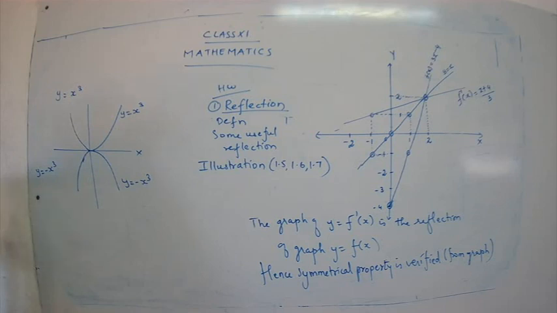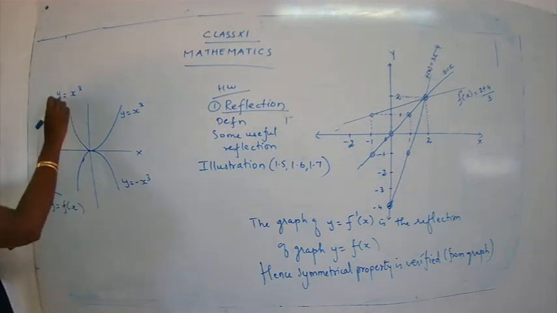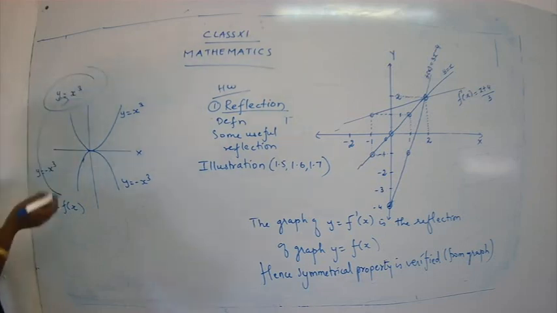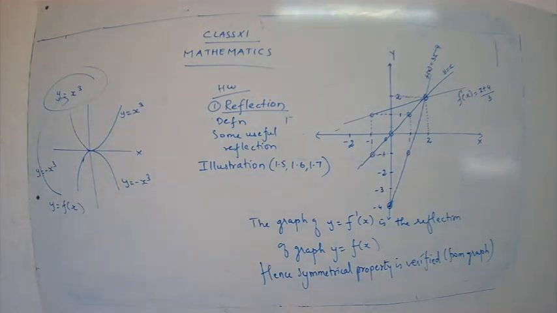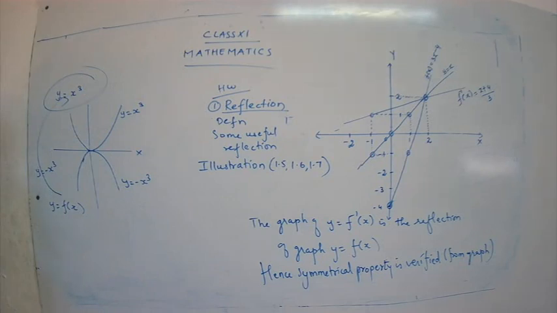Is the first point clear to you? So if you have a function y is equal to f of x, this is y is equal to f of x. And now what are they asking? Plot a graph of the function y is equal to minus f of x. So what are you going to do? You are just going to reflect it about the x-axis. So upward will turn to be downward. Remember. Clear, children? Okay, done.